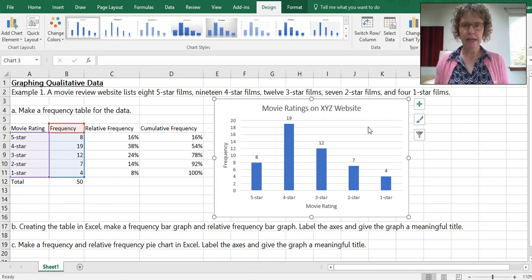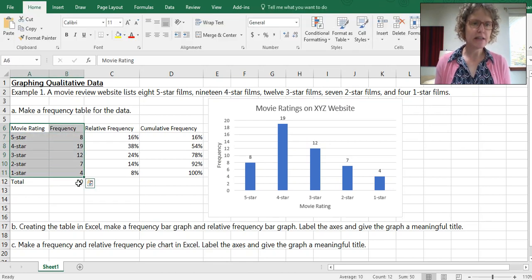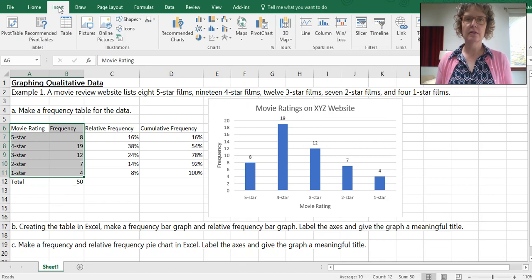So that is a frequency bar chart. Pretty cool, huh? While we're doing the frequency here, let's make a frequency pie chart because it's almost exactly the same way you do it. We still would highlight these and not the total. And we still will go to Insert.